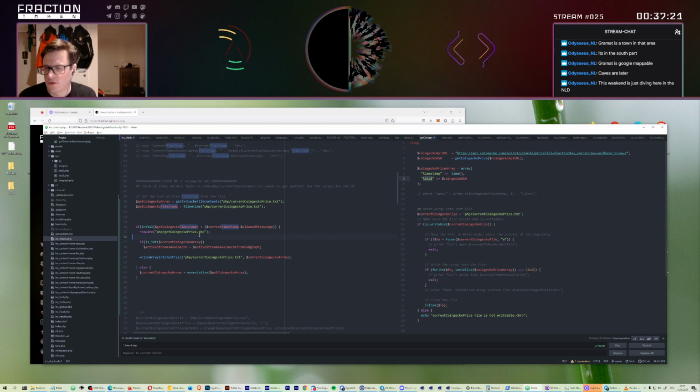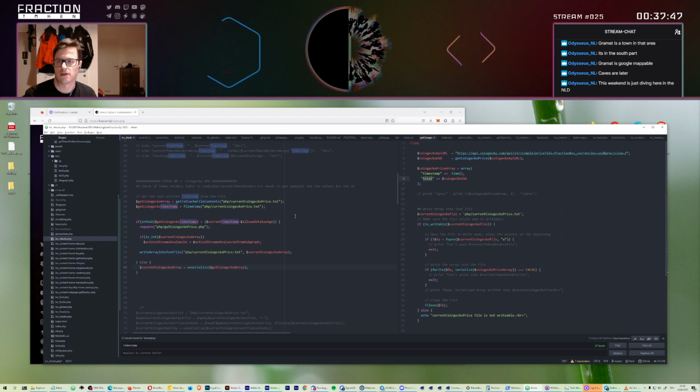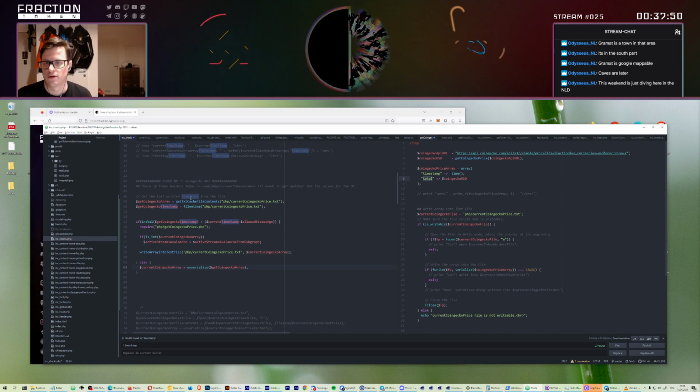Okay, so let's focus really quick. I get the array, I get the recent timestamp, then I check if the timestamp is older. If I don't need to get the recent number, then I just unserialize the array from the text file. I write it into the current Coingecko array, and that gets printed on the website. If it's outdated, then I'll require the